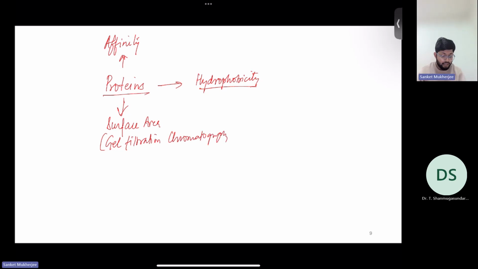And then there is charge also. Charge is usually present in a protein that can be used for ion exchange chromatography. So these are the essential parameters or properties that proteins have. Now talking about ion exchange chromatography,